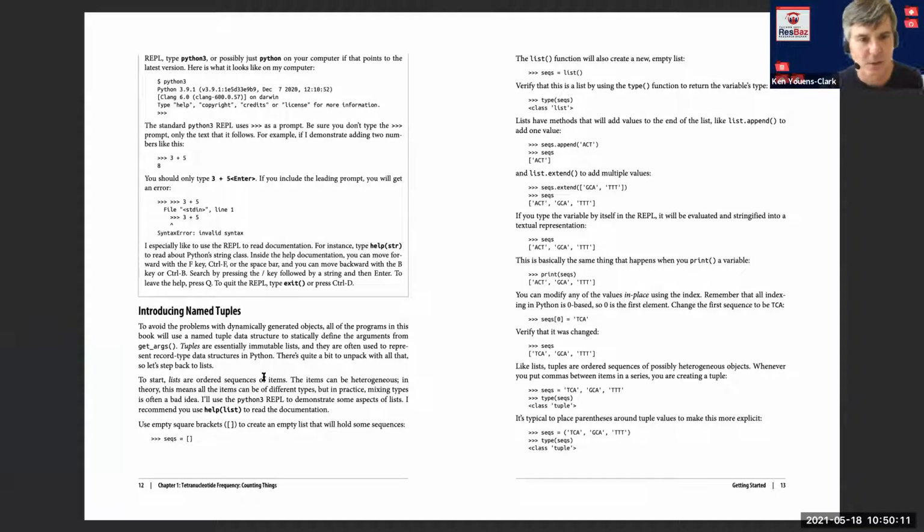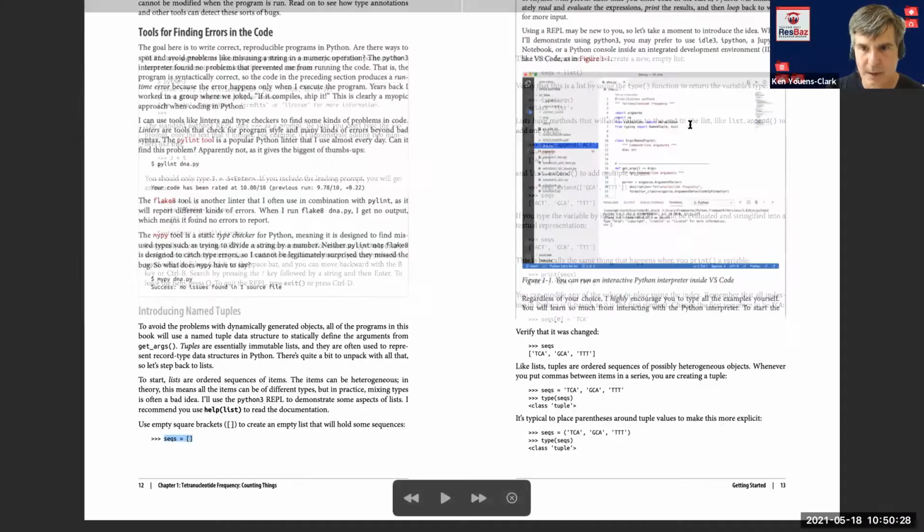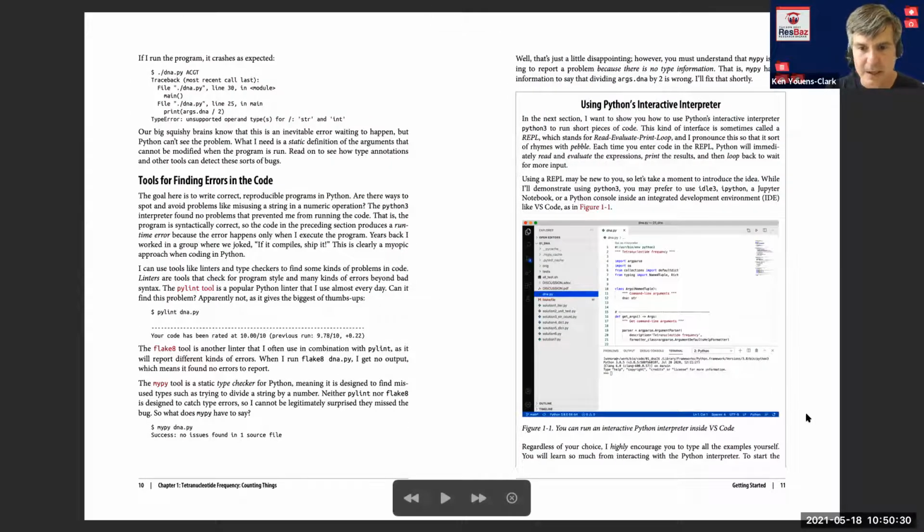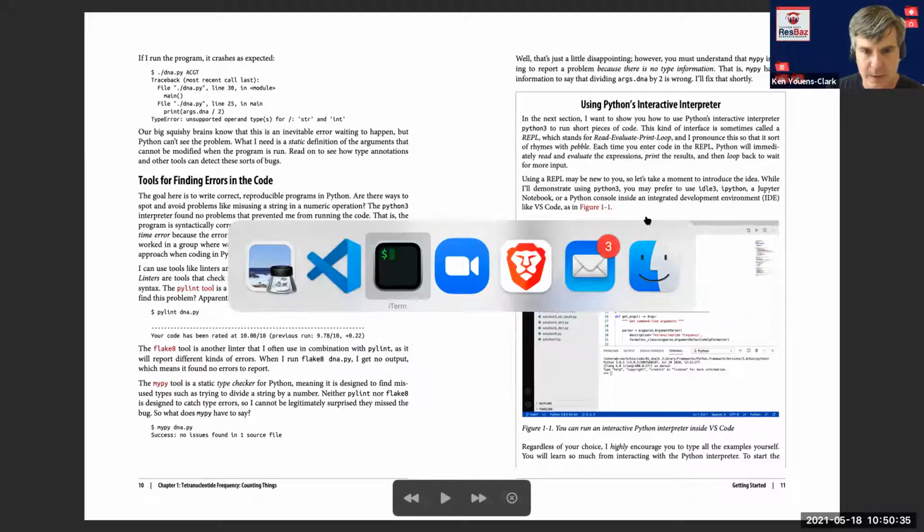Well, okay, that's fine. So a list, I can create a list in Python, and I'm showing here the Python REPL. REPL stands for read, evaluate, print, loop, and that's the bit here that I'm talking about, using the interactive interpreter. So in VS Code, let me show you how I can do this.